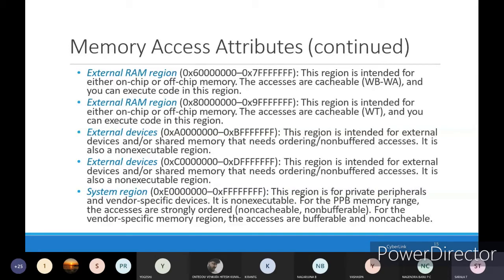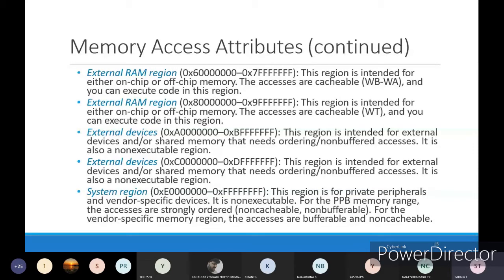The accesses are cacheable, and you can execute code in this region. If you copy the main program into this external RAM region, you can execute it also. That's why this RAM region is cacheable and executable.